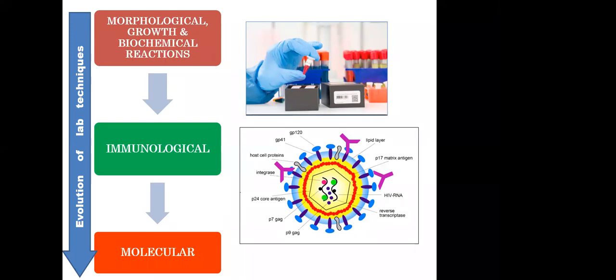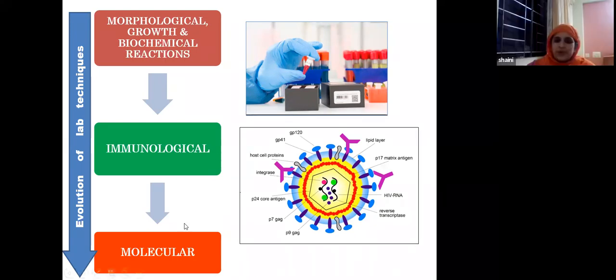Okay. So this binding of antibody to antigen is very specific. And any test which is based on identifying either the antibody or the antigen is called an immunological test. Immunological test is an antigen-antibody test. You identify either the antigen or the antibody or the complex of antigen and antibody. These are all called immunological tests.